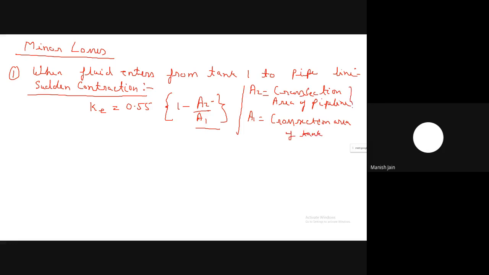Because the tank size is much greater than the pipe size, this value is almost 0. So you can say K equal to 0.55. Just substitute the value in the equation. So H equal to friction loss equal to KE multiplied by V square by 2, alpha value is 1